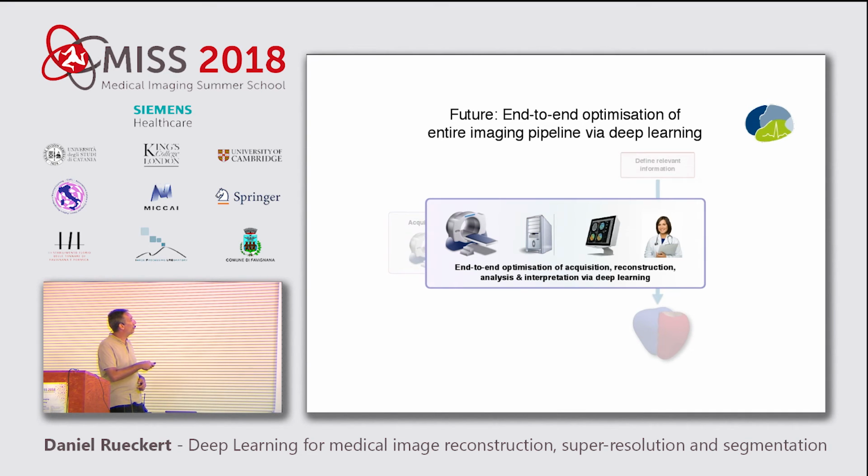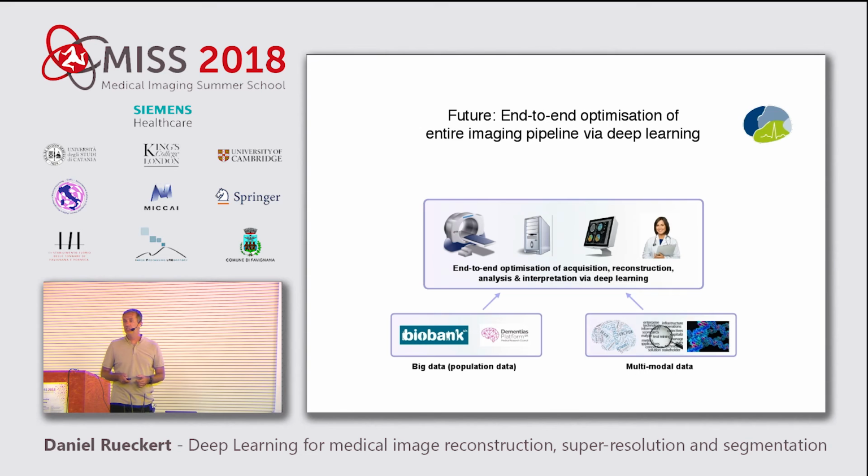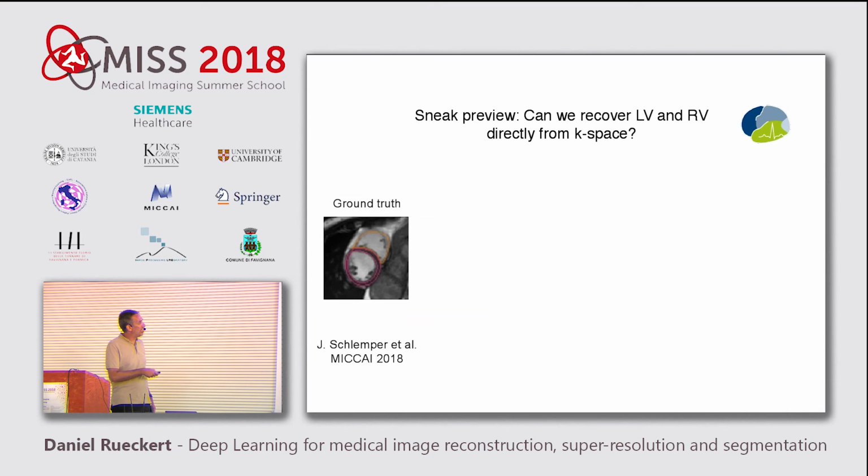This is a movie of the heart, with the heart being segmented into left and right ventricle and myocardium. And we want to see, can we actually recover this segmentation without reconstructing the image? If I know in advance I'm only interested in the segmentation, can I acquire my images more efficiently? So for example, can we recover the segmentation of the k-space, which is overlaid here on the ground truth